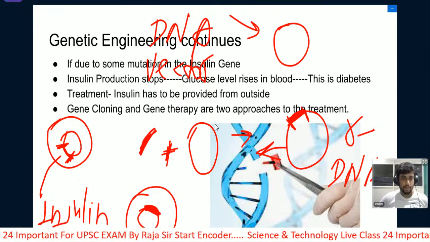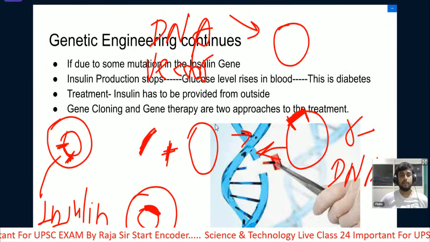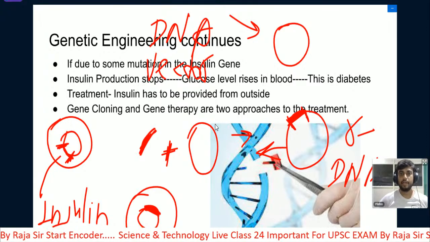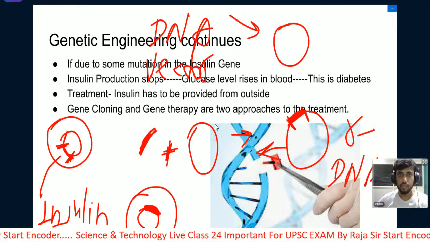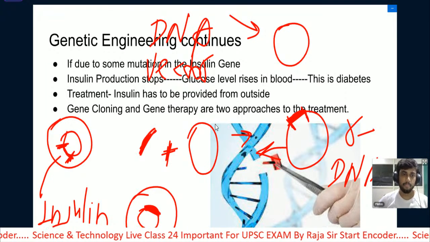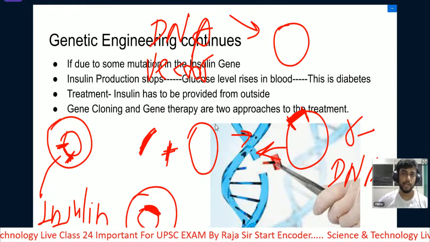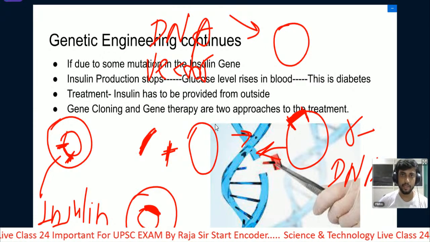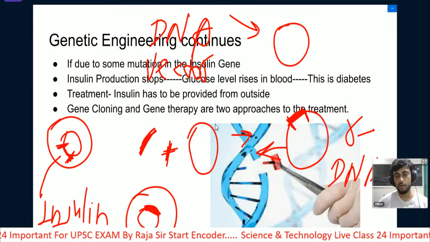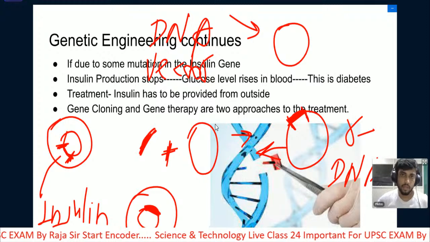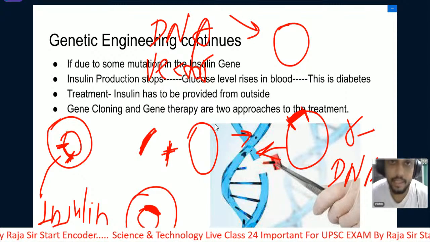Where will that vector DNA be produced? Nitin is asking, where will that vector DNA be produced? See, we are taking out the vector DNA. This is the DNA of the bacteria. Okay, we have taken out the DNA of the bacteria, and biotechnologists have chosen bacteria because the genetic material of bacteria and fungi and viruses is quite simple.